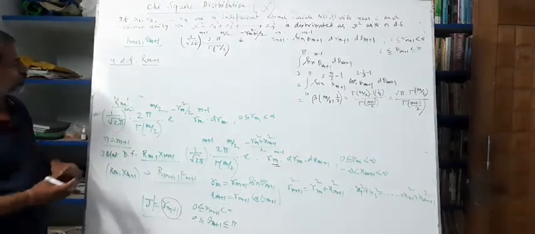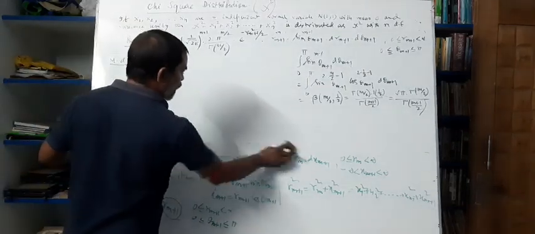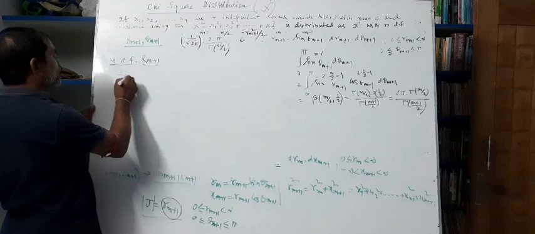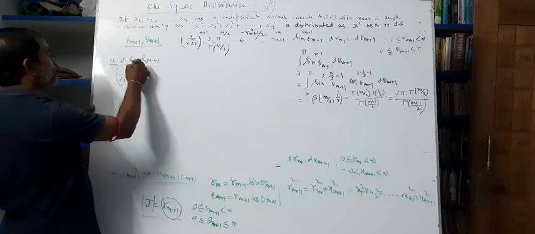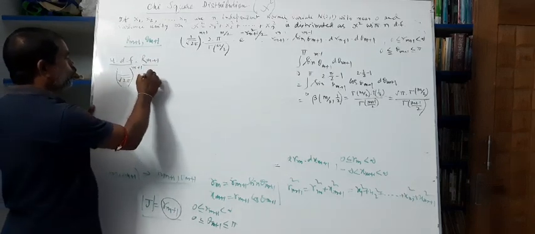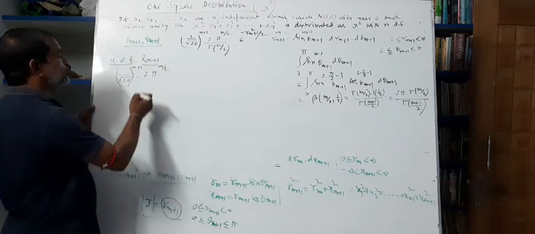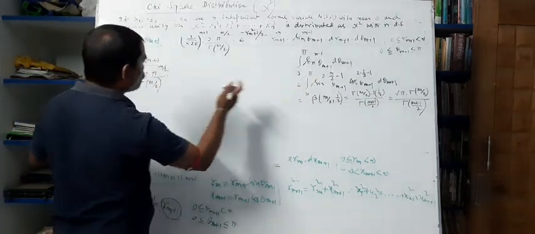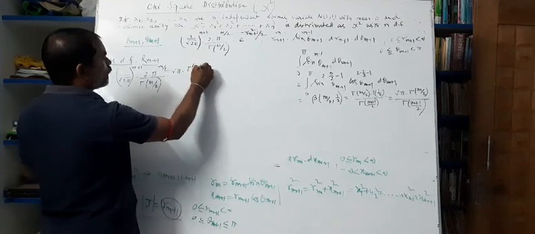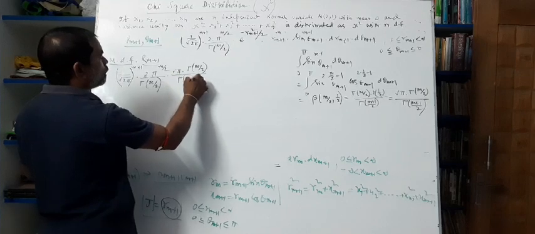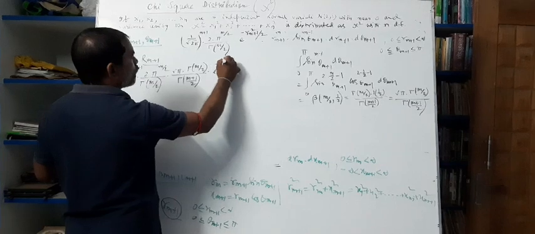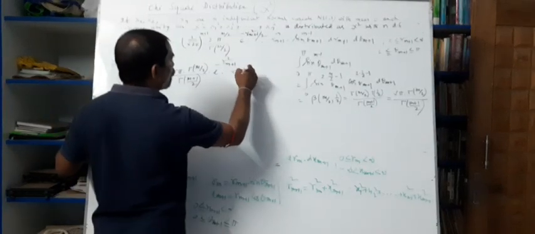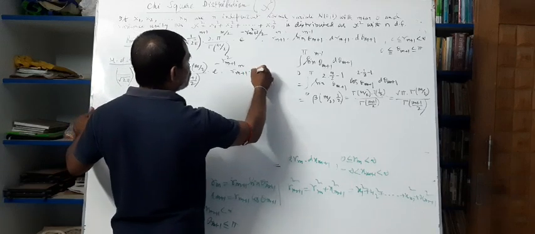Finally, we find the marginal distribution function of Rm plus 1 can be written as (1 divided by root over 2 pi) whole to the power m plus 1, 2 into pi to the power m by 2 divided by gamma of m by 2 into, from this we have root over pi gamma of m by 2 into gamma of m plus 1 by 2 into e to the power minus Rm plus 1 square into Rm plus 1 whole to the power m into d of